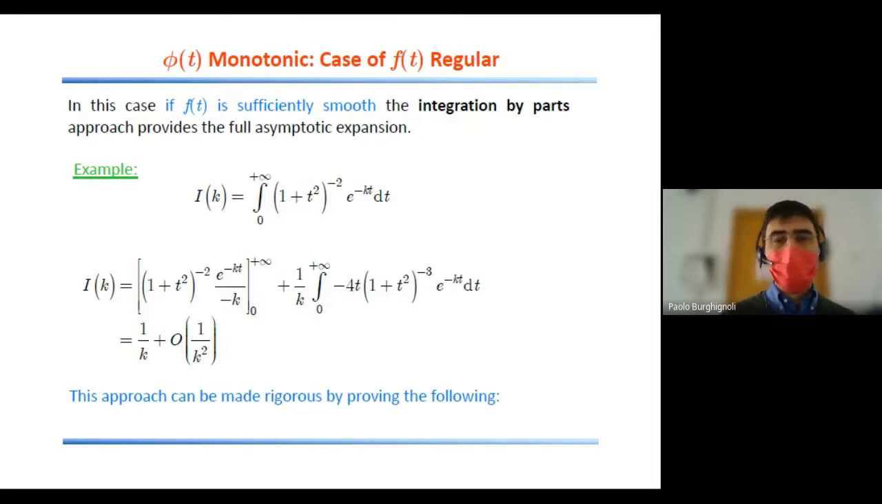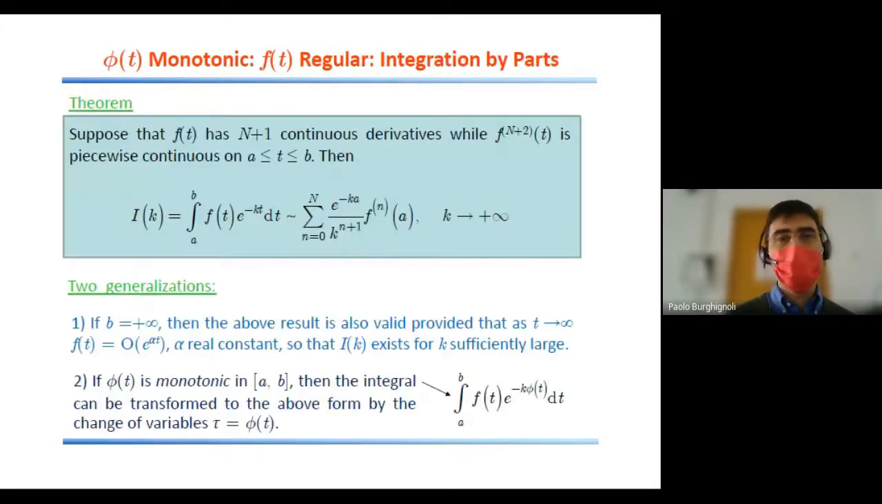This kind of approach can be made rigorous. The rigorous result is as follows. If you have a monotonic phi and a regular function f, then by integrating by parts, what you obtain is that if your function f has n plus 1 continuous derivatives, while the derivative of order n plus 2 is piecewise continuous on the interval from a to b, then if you integrate by parts, you get a finite summation